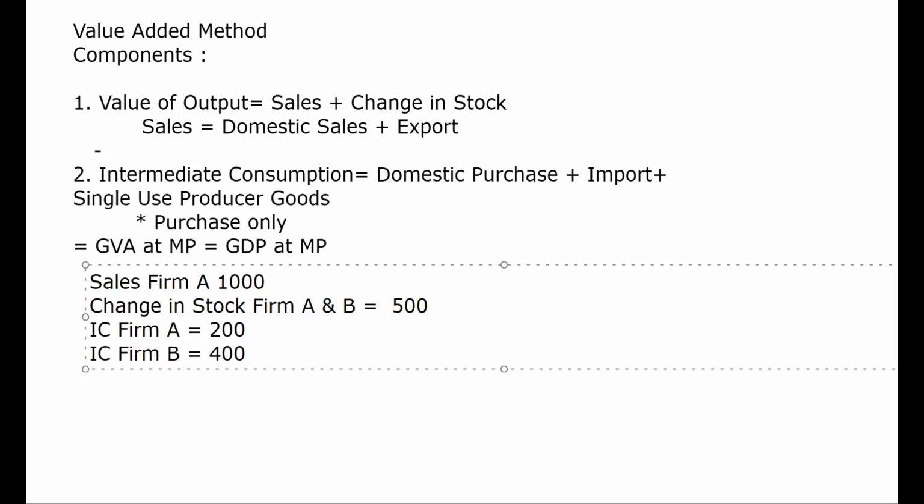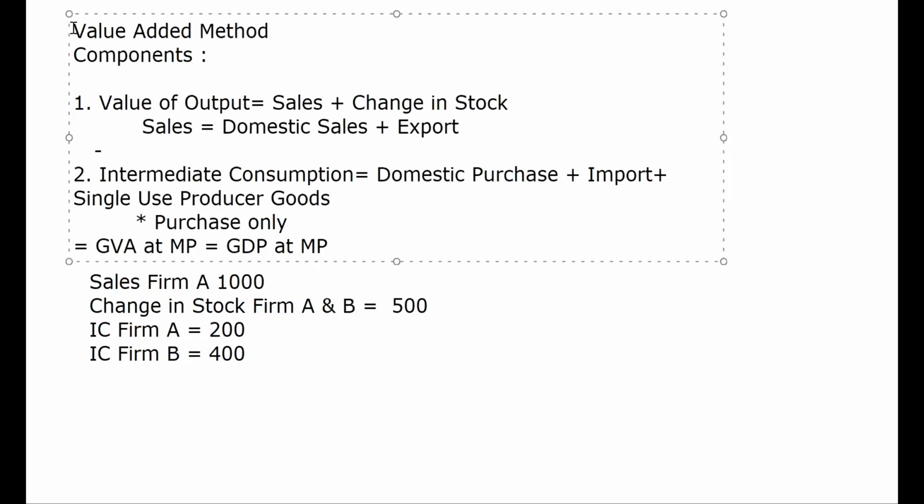Clear? Now what would happen? You will find out the value added. You will find the value added of both the firms separately.